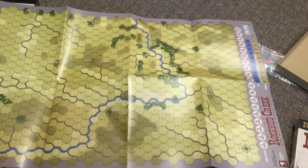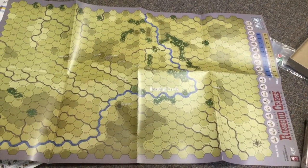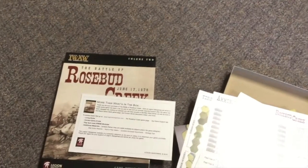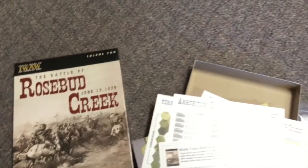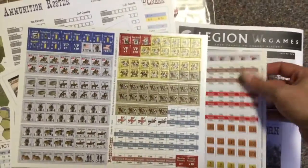Now let's go ahead and wrap up the video here. So there you have it. This is Volume 2 of the Indian Wars of the American West, Battle of the Rosebud Creek. And it looks like a pretty good product. Again, I'm really disappointed with the counters. Having to put stickers on isn't...